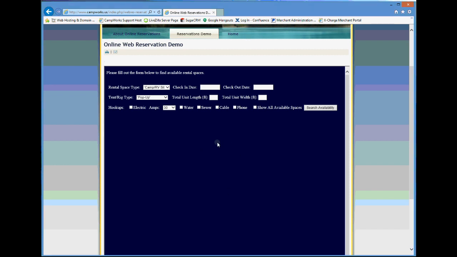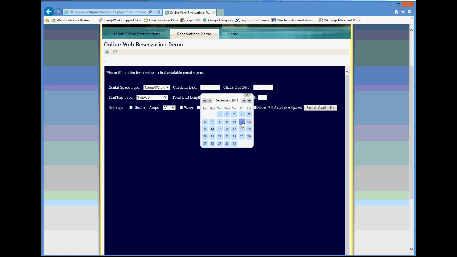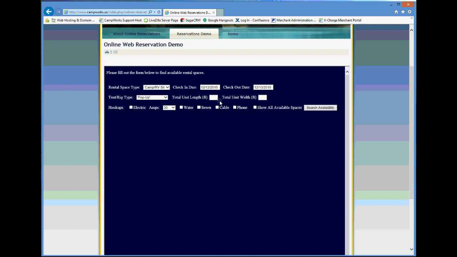You can do that yourself through the setup to make it match the color schemes of your website. So how it works: if you're a user making a reservation, you select the rental space type, the check-in date. I'm just going to make it easy for this demo. I'll do 20 feet. I will do 8. I'm just going to show all available